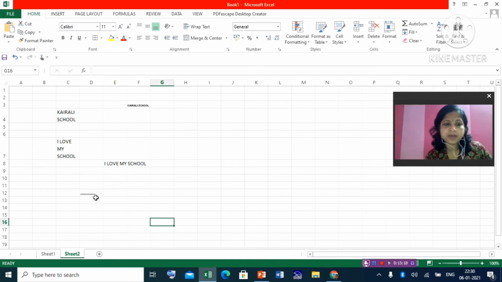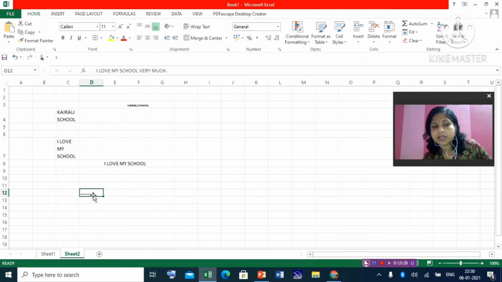Now whatever big sentence you write will be fitted in the same cell. But you can ask, what is the use then if it is not visible? But when we double click on it, you can see your text. Whenever you double click, you can see your text. Otherwise, it will be squeezed and fit in one cell. Clear? This is shrink to fit.